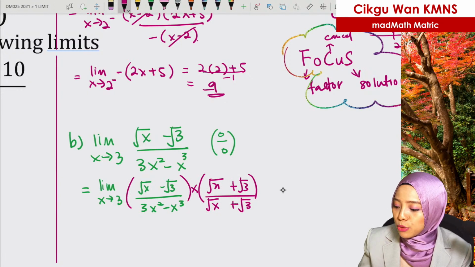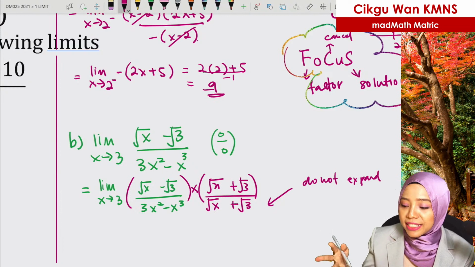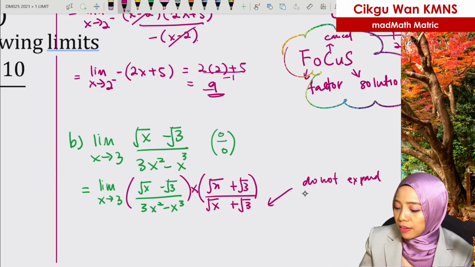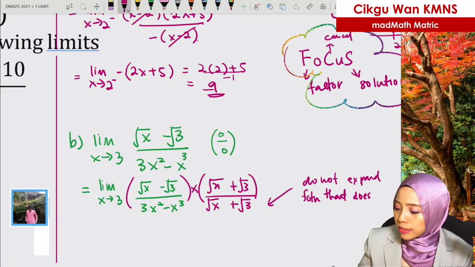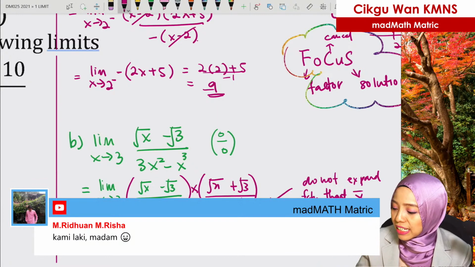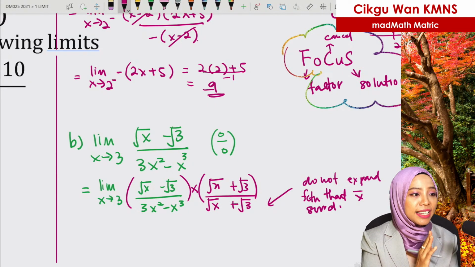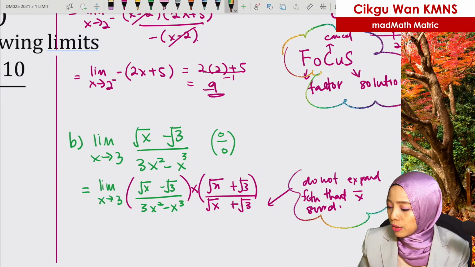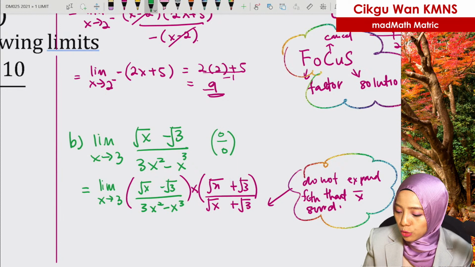And then tips madam yang ketiga apa? What is my tips? Do not expand. Do not expand at the denominator, it depends on the surd function that does not consist of surd. So maksudnya bawah ni jangan usik, bawah tu jangan usik. Okay, cuba restate in your words dalam ayat you apa yang you faham.